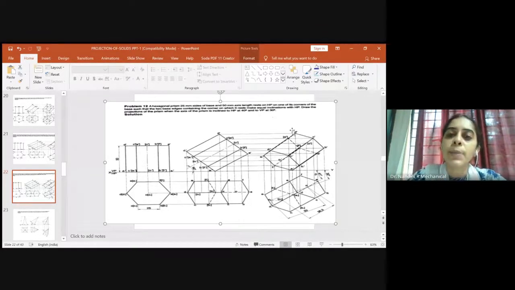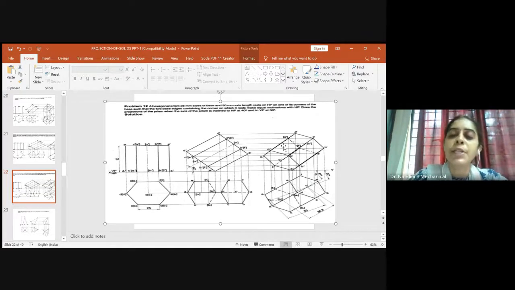So we got the naming of the bottom surface, sorry, the top surface also. So once we have got the top and the bottom surface, don't forget to show the naming for the center. So O1 is meeting O1 dash at this point, name it as O1 dash. O is meeting O dash, so this is our O dash. So after naming, now you have to darken which are visible and which is hidden.